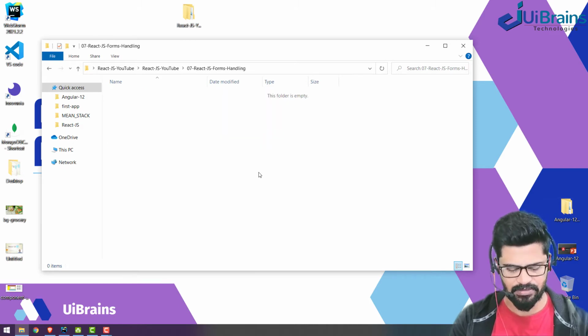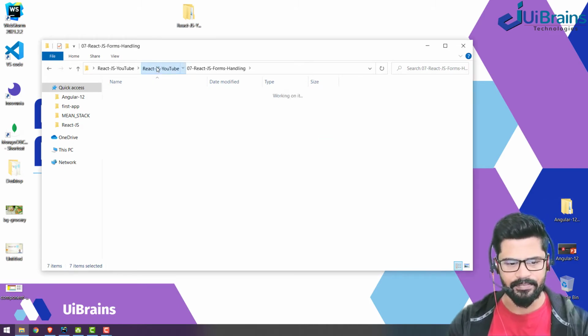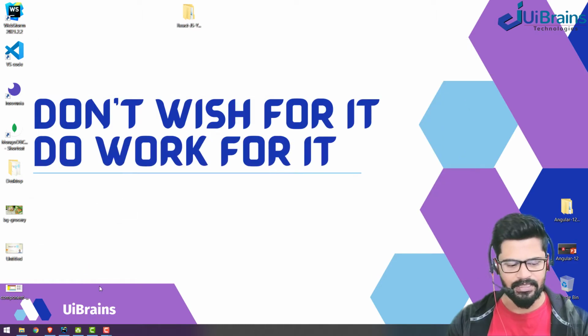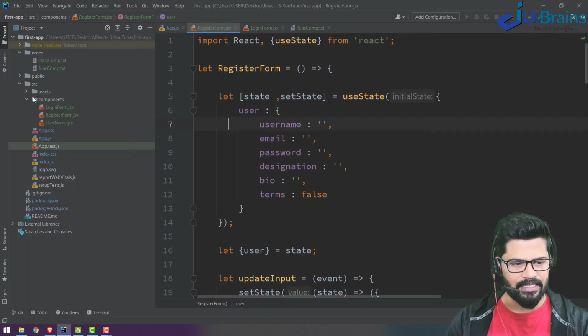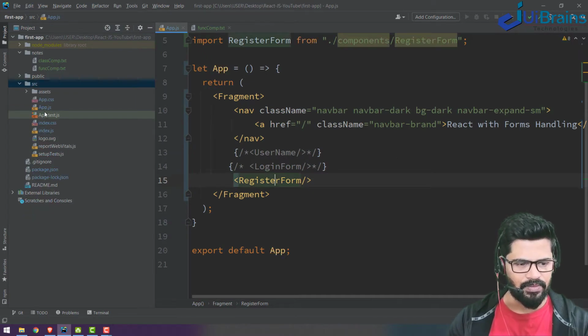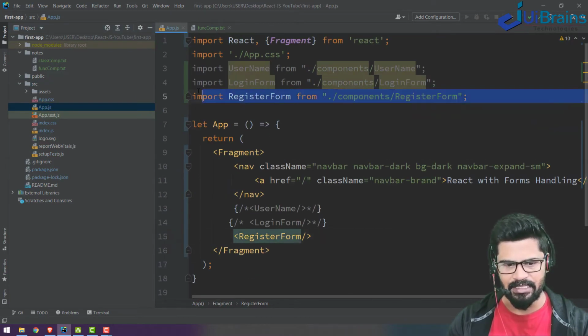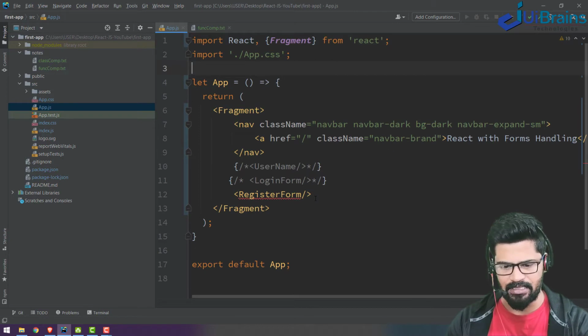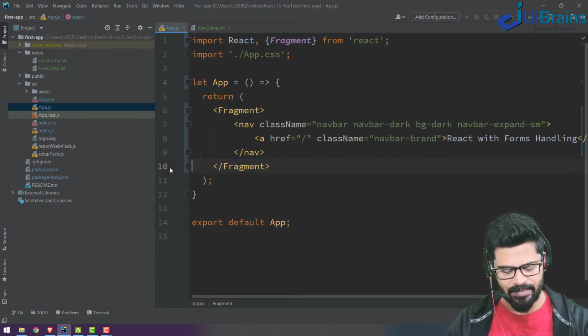This is finished, so I'll take a backup. Okay, fine. Now I can go ahead and delete the existing components, go to app.js, and clear these existing components.